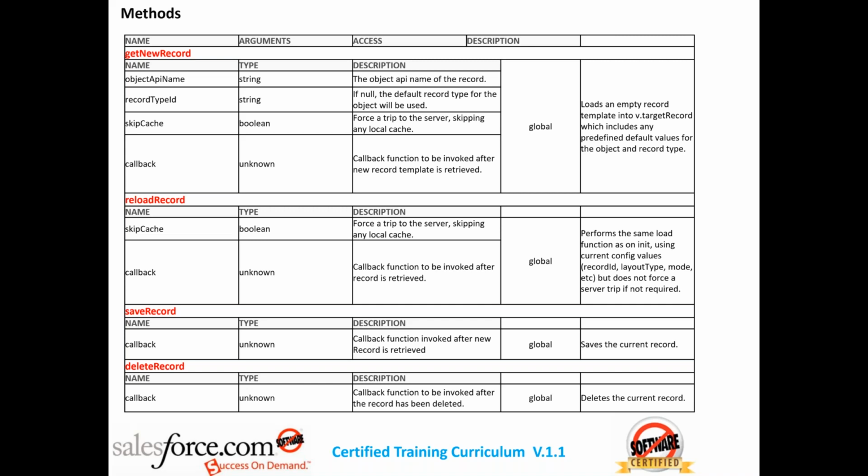Yesterday, we have seen save also, the save function. Today, I will show you delete and I will leave the reload on you. One simple command to reload, right? We have seen the new record. We have seen the save. Today, I'll show you the delete and I will leave the reload on you for homework.